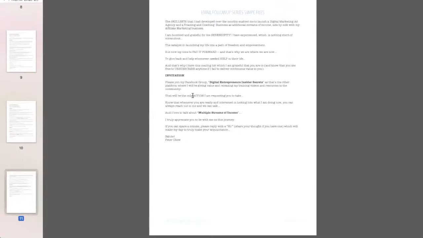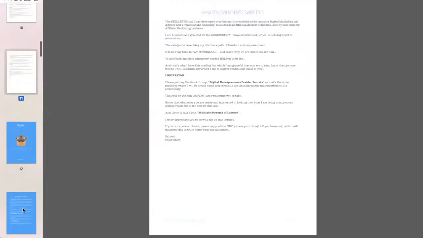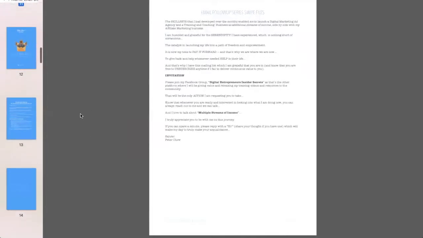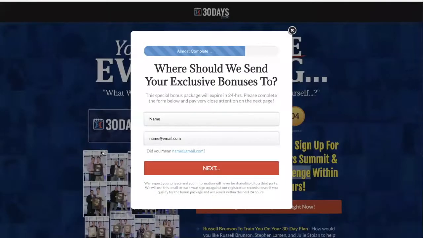Okay, so there is something that I'm sending them over to, basically to remind them whatever they have opted in, the original opt-in offer, whatever that is, to give them a link so that they can go back and see that again if they haven't taken any actions. All right, so that's the soap opera. Now next, I'm moving them over to